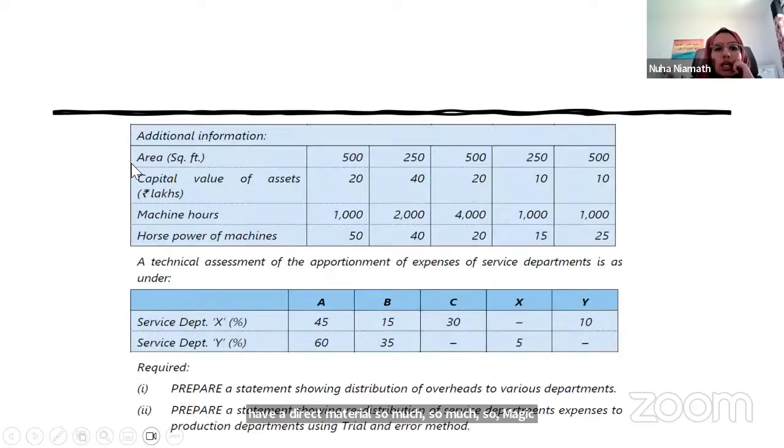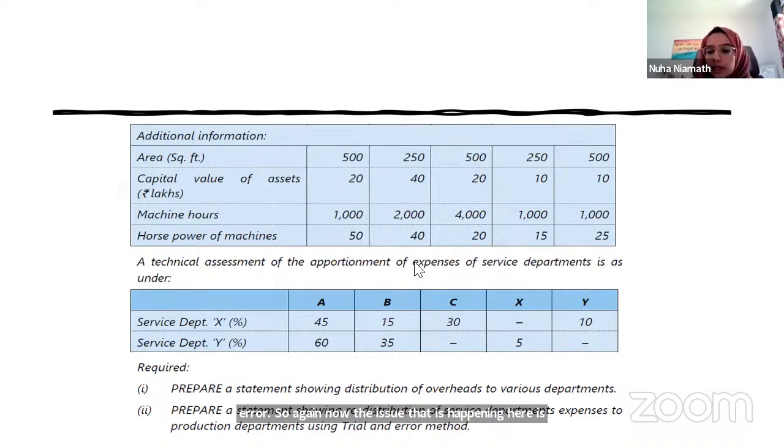Additional information. Area is given to be this much, capital value. So this will be used as a basis of allocation, machine hours and horsepower of machines. A technical assessment of apportionment of expense of service departments is as under. Service department X: 45% to A, 15% to B, 30% to C, and 10% to Y. Service department Y: 60% to A, 35% to B, nothing to C, 5% to X. Prepare a statement showing the distribution of overheads to the various departments. Prepare a statement showing the redistribution of service department expenses to production departments using the trial and error method. So again, now the issue that is happening here is